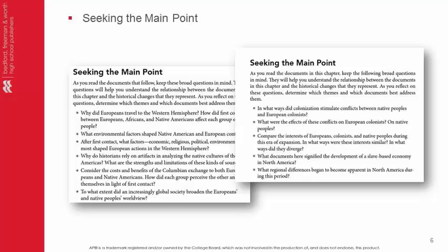Each chapter opens with seeking the main point questions, which are AP-based thematic questions that help students connect the documents to the key concept of the chapter. Seeking the main point acts as a follow-up to the initial thematic pre-reading questions. This section synthesizes documents and questions into broader themes and gives students real practice in articulating the key concepts of the historical framework within these themes.